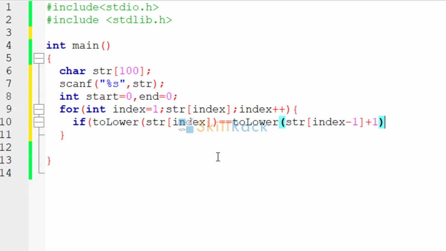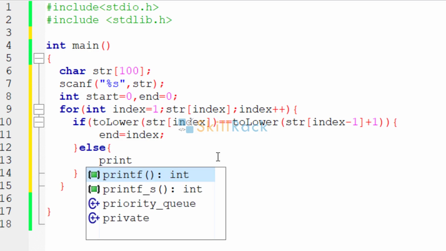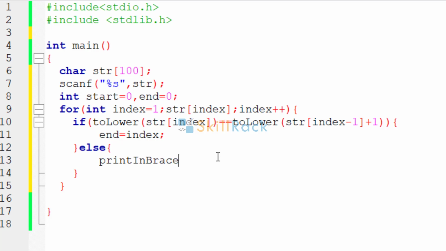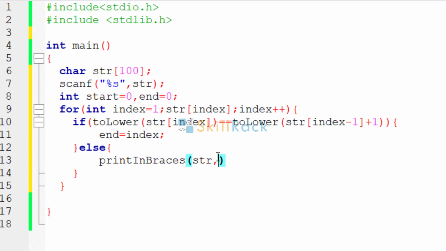Okay. So if this is the case, then end you assign it to the current index value because it is in sequence. Else, then you calculate the length of the range. Okay. So we will call print in braces. We will pass str, start and end as the values.